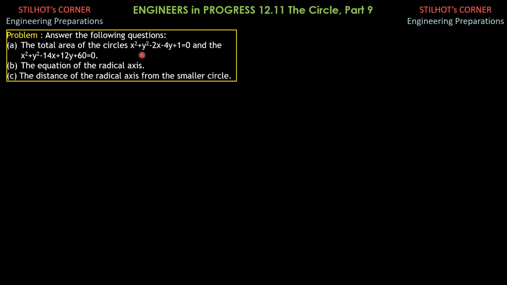So first, let's determine the center. Actually, there's a shortcut to this, but I always transform in standard form by completing squares. So for the radical axis, we have to eliminate the x squared and y squared terms, second degree terms. And the distance between the radical axis, I will present this in two ways. There are two formulas for this.